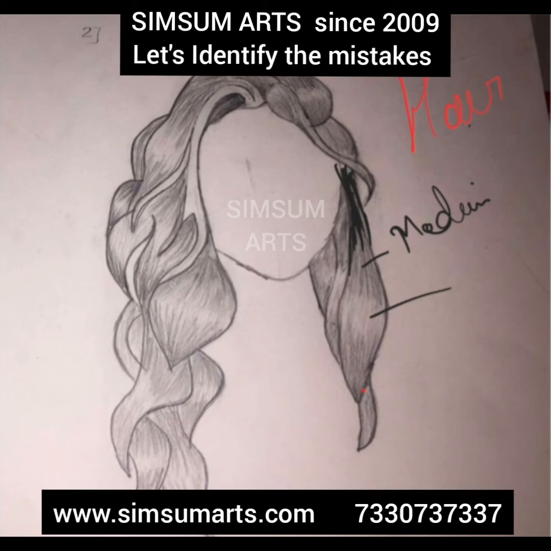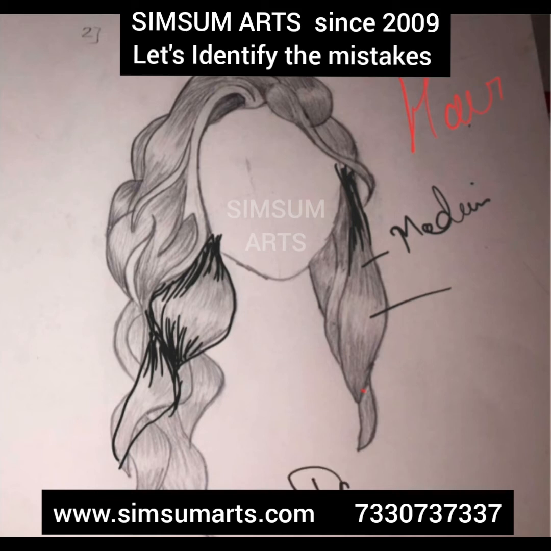Now let me take the example of this area again. Here there is an overlap, so definitely this will be the shadowed area. So you are going to add some darks over there. Similarly, there is some turn over here, so again this becomes a little bit of a shadowed area. So similarly over here, you are going to add these shadow areas with a dark pencil.